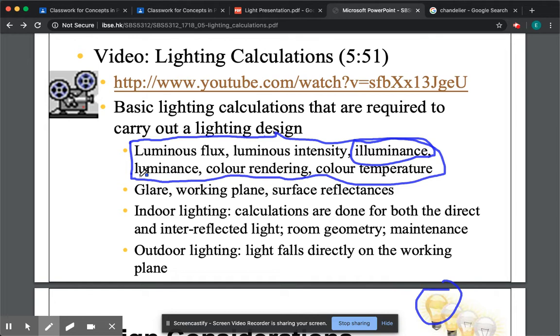So let's say it's hitting the tabletop, okay? And now it's bouncing off of the tabletop and hitting your face, okay? How much per unit area is that light? And then you have color rendering and color temperature, and these are more